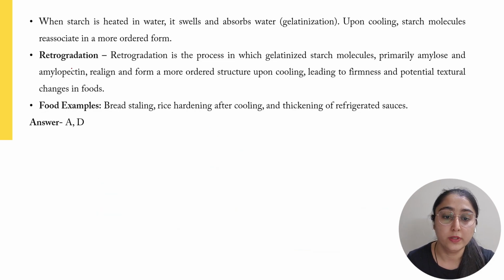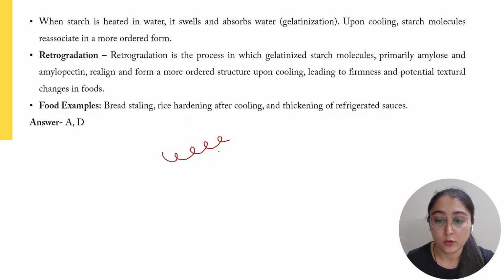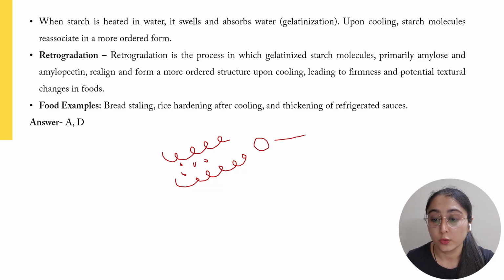Now looking at the last one, retrogradation. As we have just understood that starch contains amylose and amylopectin, it is basically the amylose which undergoes the swelling in the starch granule. Since amylose is the linear component, the linear chains come together and water is trapped in between those chains. So let's say these are all water molecules. This basically causes the starch granule to swell in size, and as a result, this is called gelatinization.